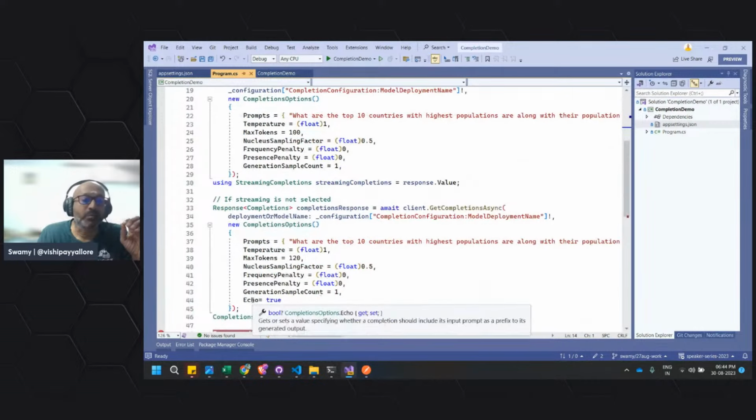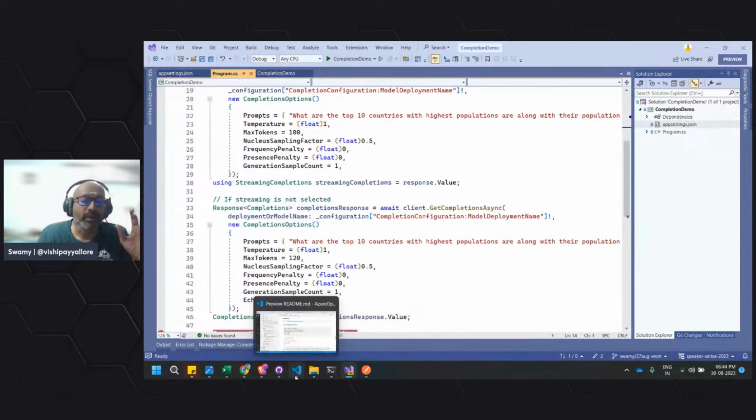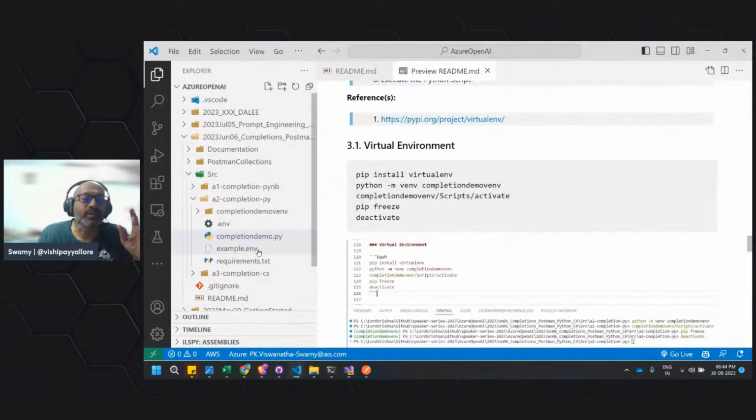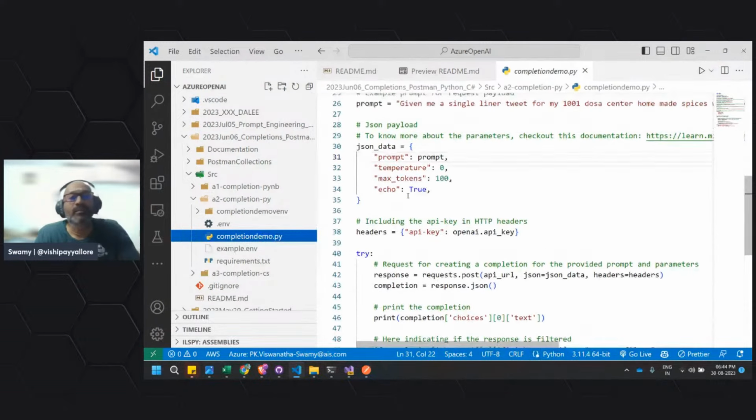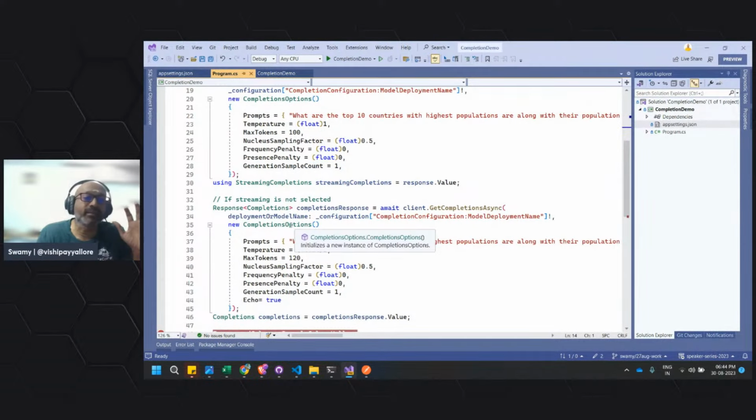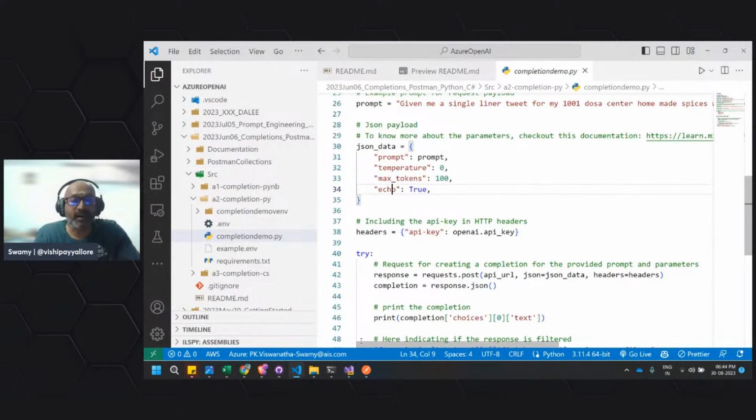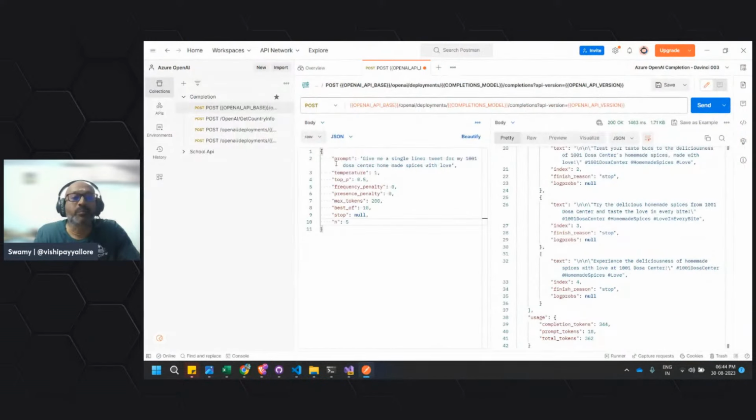And you see that the parameters echo in the previous example were in lowercase. Here it is the JSON object, but here it is the completion options. Whatever the prompt parameters inside the object which we are sending in the Postman, these are in snake case.